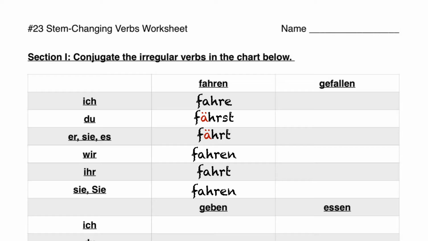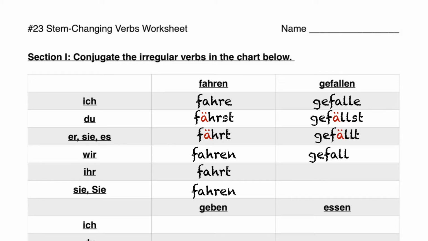Now for gefallen, most of the time you're just going to see the er sie es or the sie plural form, but there are some instances when you might see the du form, but most of the other conjugation forms here for gefallen are kind of pointless. I'm just giving this as an example of how to conjugate it, so for those of you who are like, why'd you conjugate gefallen? I've never seen ich gefalle. Well, that's probably true, but this is the conjugation example. So anyway, ich gefalle, du gefällst, er sie es gefällt, wir gefallen, ihr gefallt, sie gefallen.